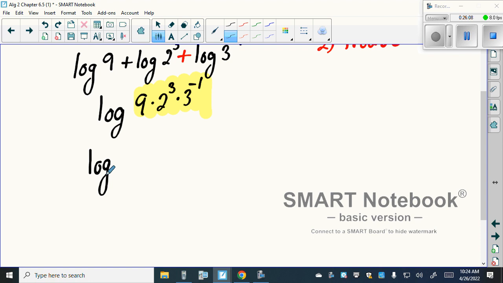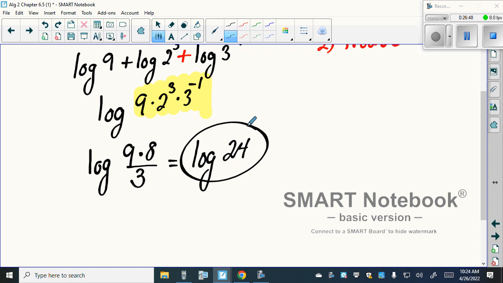Now, if we want to multiply these together, we'll need to simplify 2 to the third, because 2 to the third is 8. 2 times 2 is 4, times 2 is 8. We'll also need to simplify the negative 1. To make it positive, we move it from the numerator to the denominator. And now we do need to simplify this here, because we have 3 numbers, and we can simplify that. 9 divided by 3 is 3. 3 times 8 is 24, so we get log of,